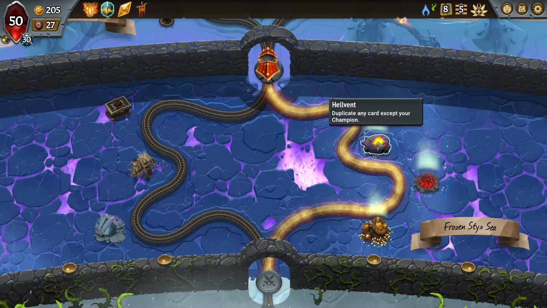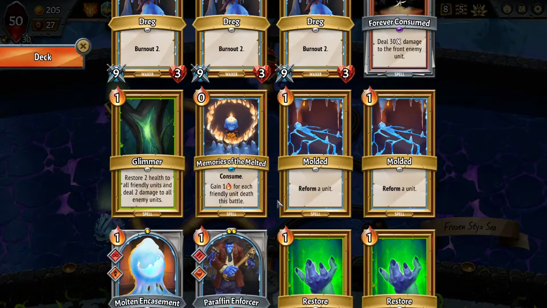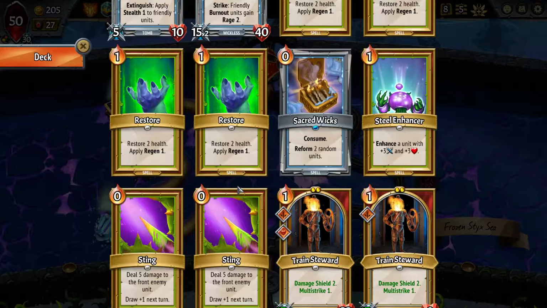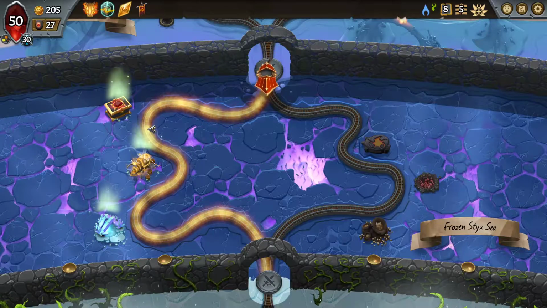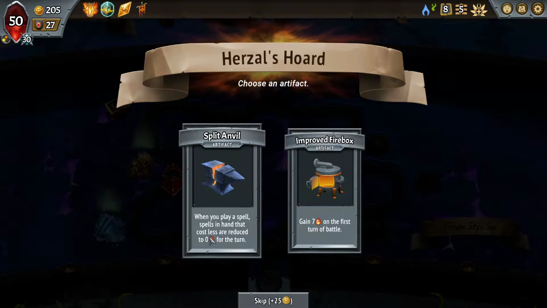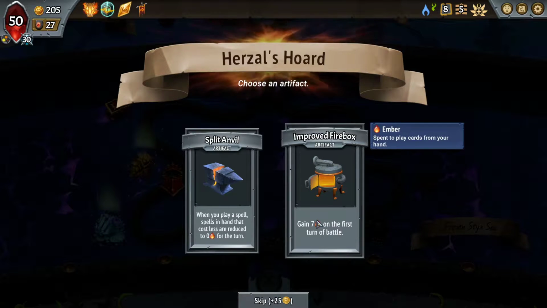So, copy would be good. I actually think we want to go here to the left side. Because even though I'd like to get a copy, there's nothing crazy here that I would copy. I mean, arguably maybe a Molten Encasement, but the best thing we have, really probably, is one of these Train Stewards. I don't think we need something crazy good. See, when you play a spell, spells in hand that cost less are reduced to a 0 cost for the turn, or gain 7 energy the first turn. Okay, so...